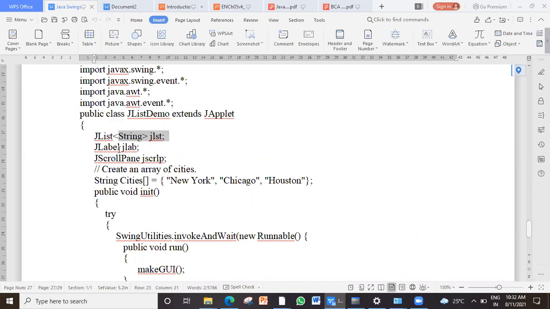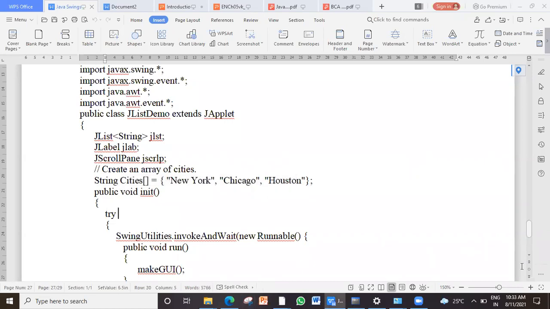Clear? I create one label beside it. Then I also create a scroll pane, which is not compulsory. To add values in that particular list, I have created one array called cities with 3 cities.